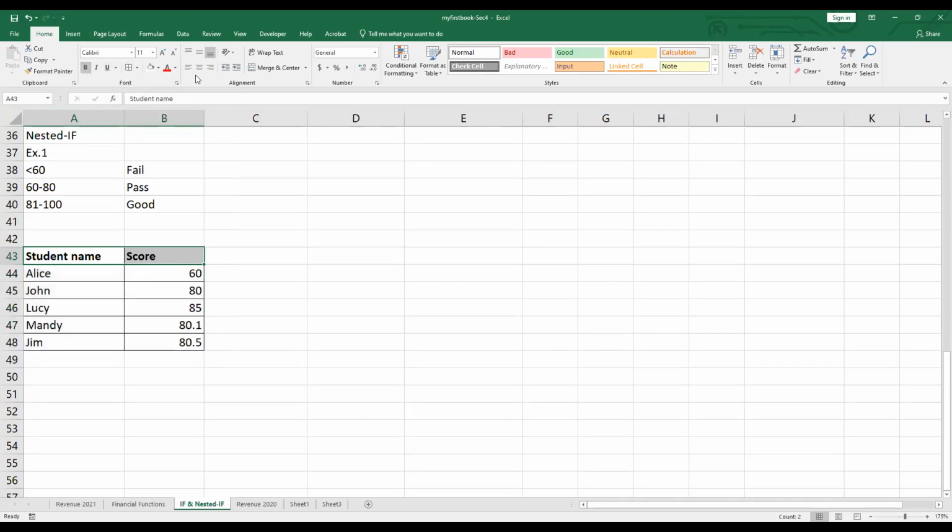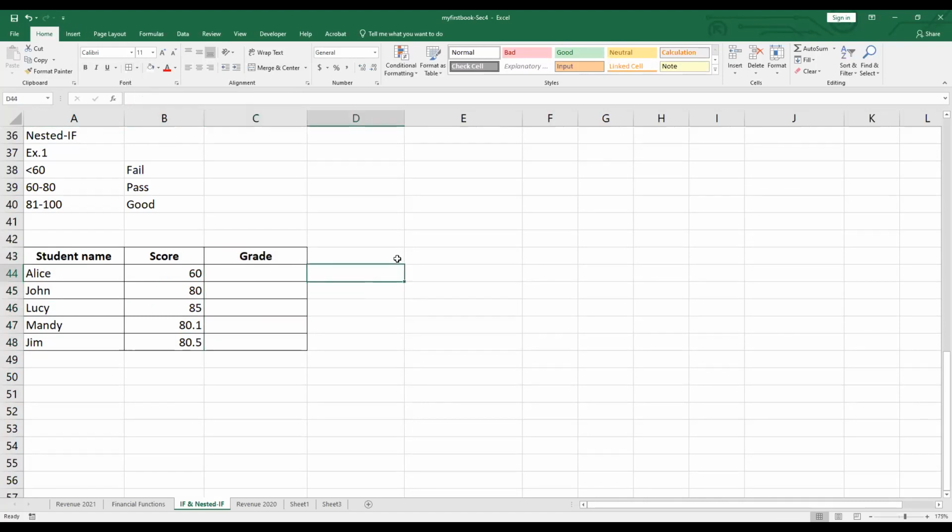and we also have to formulate the if function first before we try to fit it into this table. In here, assume that I use column C to enter the grade, using the if function to justify the grade. Assume that I talk about the grade of Alice first. The grade of Alice is in cell C44. We will put the if function here,